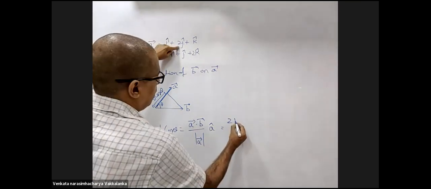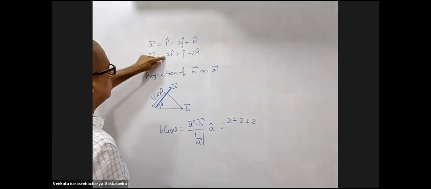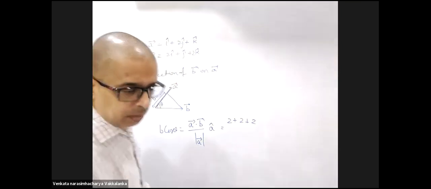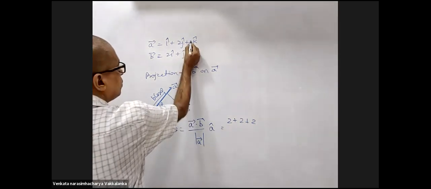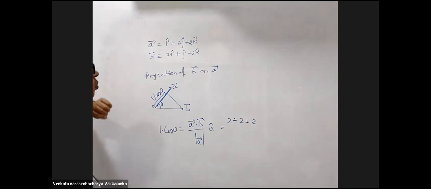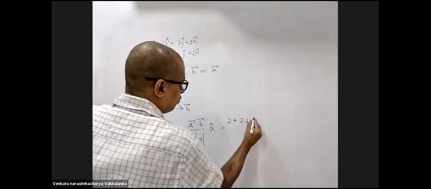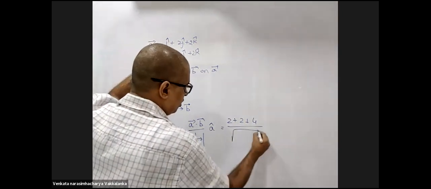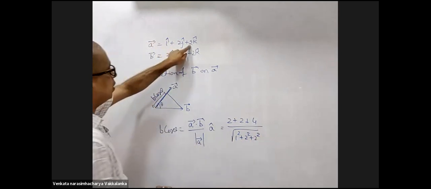2 plus 2 plus 2. Sir, I have copied the question wrong. A is i cap plus 2j cap plus 2k cap. Okay. Then 2 plus 2 plus 4, divided by the magnitude of A, which is root over of 1 square plus 2 square plus 2 square,